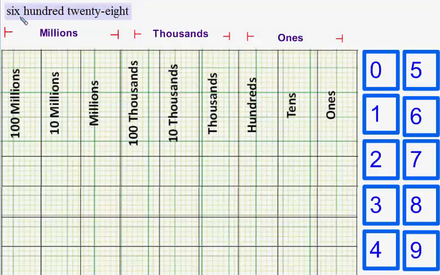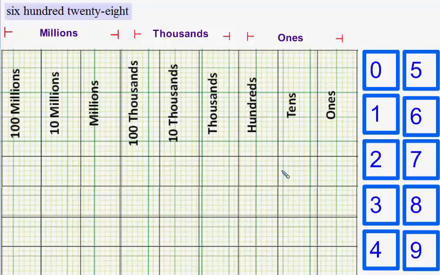So here's our problem in words. We are to write the number six hundred twenty-eight. Notice there's no commas in the word name. This means that our number fits all within one of the groupings. Our first grouping here is in millions. Any numbers in this area would be in the millions group. Any digits I put in this area would be in the thousands group. Notice my problem does not have the word million nor thousand, so I won't be putting any of my digits in these two groups. This means my answer will be contained in the ones grouping here,